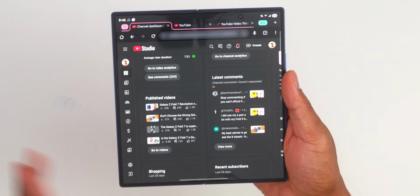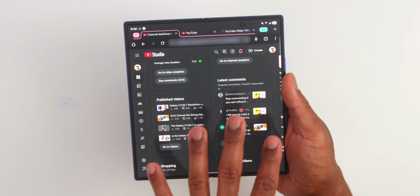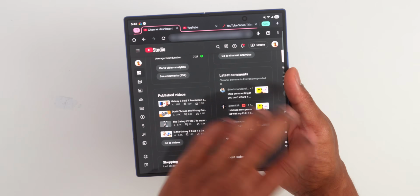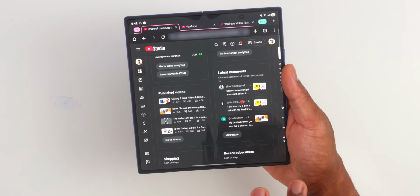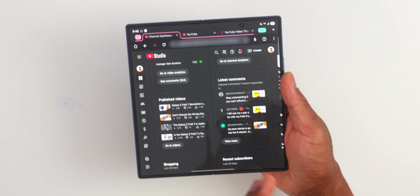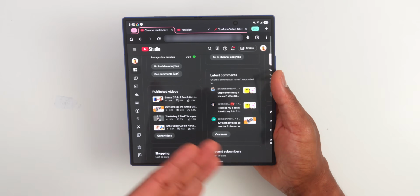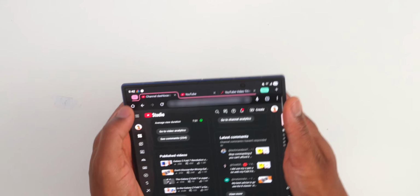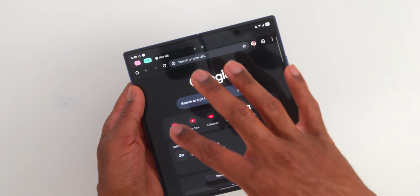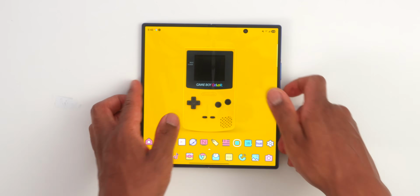Okay, so something else that's huge in user experience for me is the fact that what I'm showing you right now is the actual web version of YouTube. This is on the back end in studio and whatnot. Listen, I'll blur out anything if I have to. I made sure I was careful in what I'm showing you, but the fact that I can use my YouTube Studio the same way I would at my desktop in my hand like this, and there's a lot of other things where this comes into play when it's on the web, surface and whatnot, but even in social media apps,